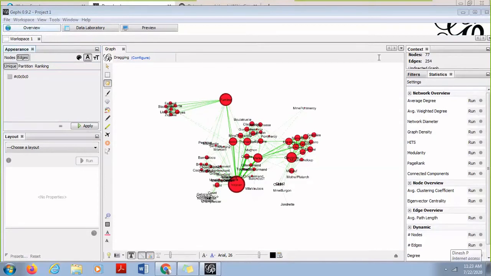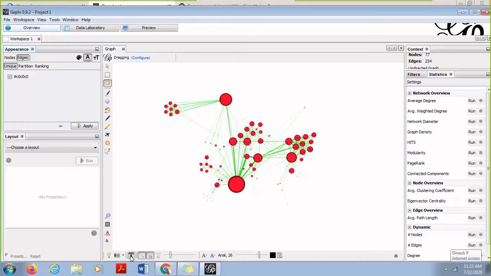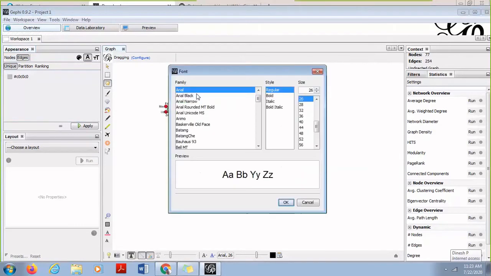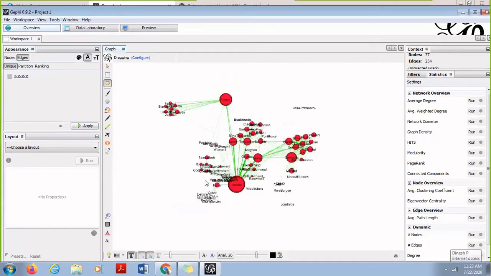Yeah. So there is one query by Dolly Rana. She wants to know how to name them. So here, as I said, you have to click on the text option over here. There is a T symbol over here. If I select that, at the end of the window of Gephi, once I click on that, I will be able to see the names, and then I can change the font also as per the requirement. You can change the font, you can make it bold, whatever is required can be done.